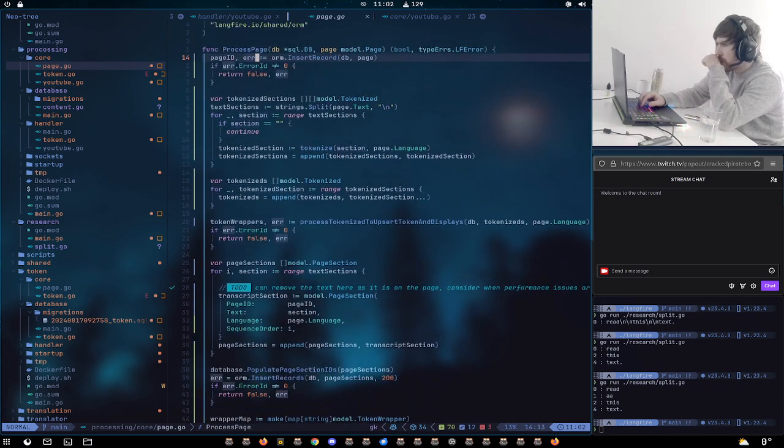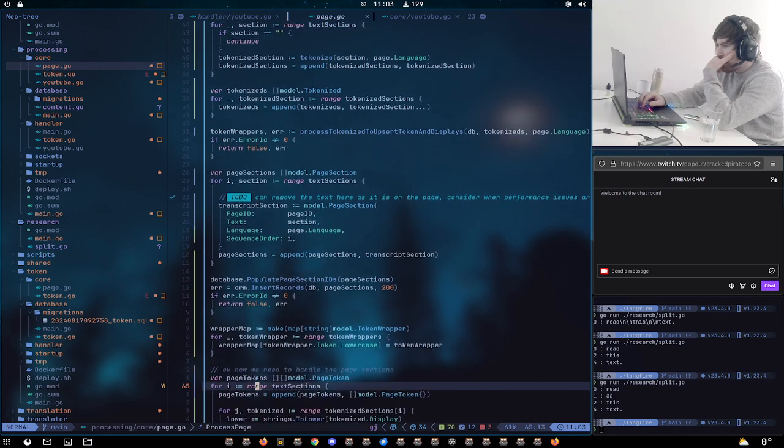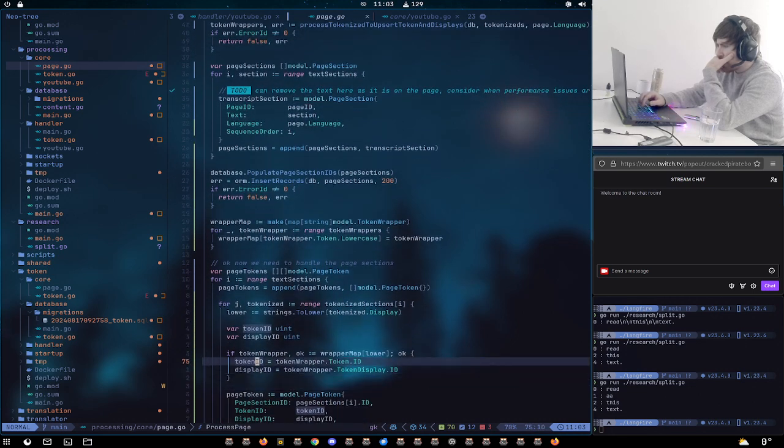So let's just go back over it again. When we insert the page, we tokenize the sections, and we append them all so we can save all the tokenized, which is just a display that turns into a display plus a lowercase, and make sure they exist. The page sections, we create a page section out of each text section and have a sequence order. Then we insert them with the IDs populated beforehand. We make a wrapper map in order to get the token ID out here. And then for the page token, so each section,